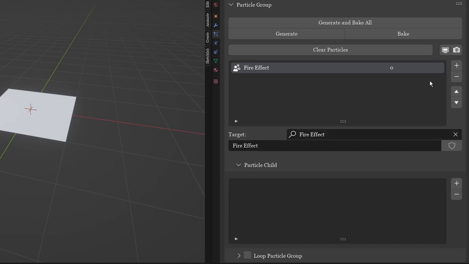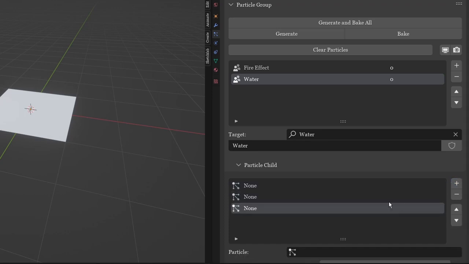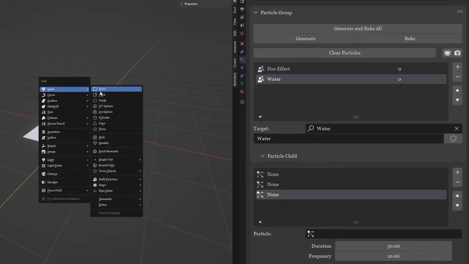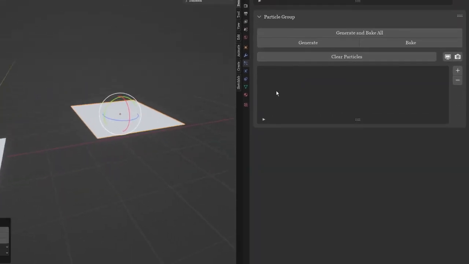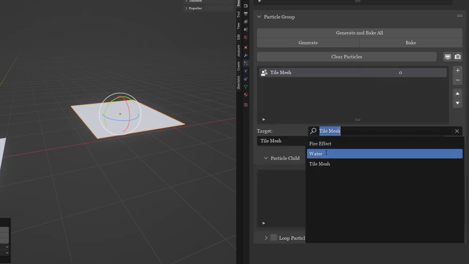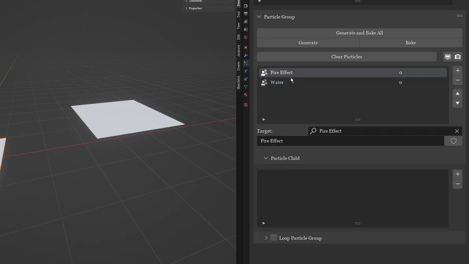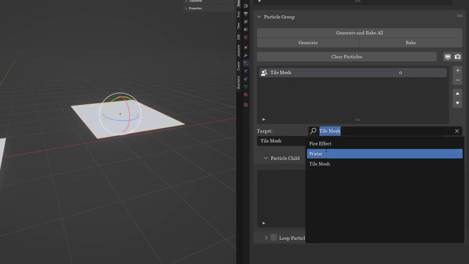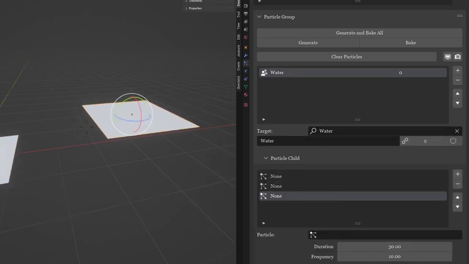If I add another object, you'll see what I mean when I say that the data is shared between everything in your scene. When I add an object and go down to the list to the target box, you'll see the two items that we added before in that list, alongside the new one we just created. If I click on one of them, you'll see it'll also share the settings set within that item on the